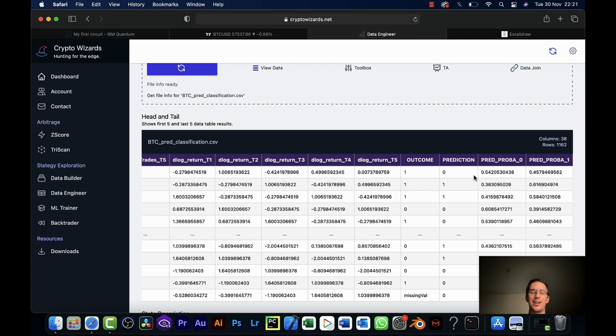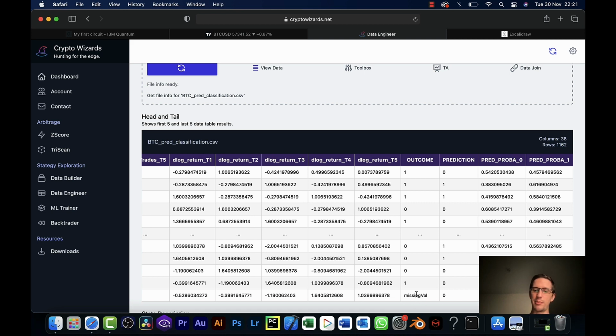Not only that, and this is what I love about it, I get very excited about it. This machine learning model also gives us the probability that it thinks will be a 0 or a 1. So for example, we know what the outcome was, right? We know what it was. The machine learning model didn't. So here's how it predicted it. It gave us these predictions here.